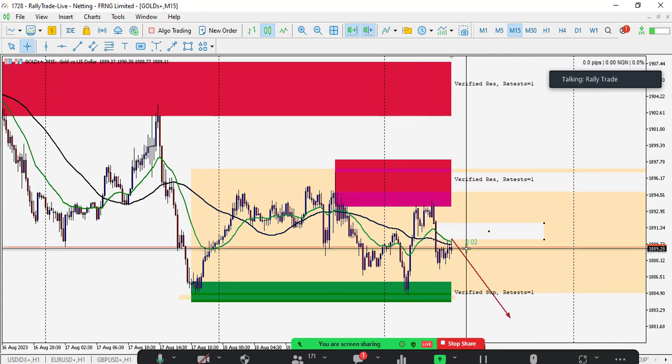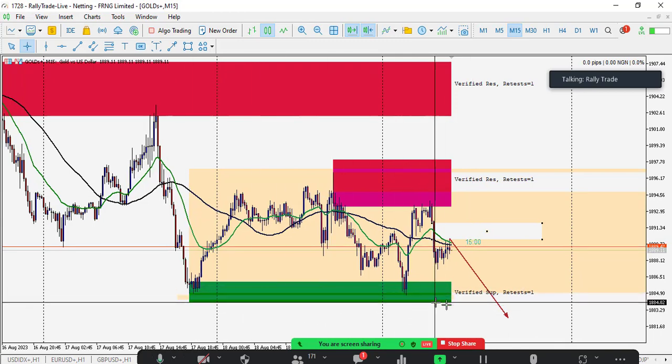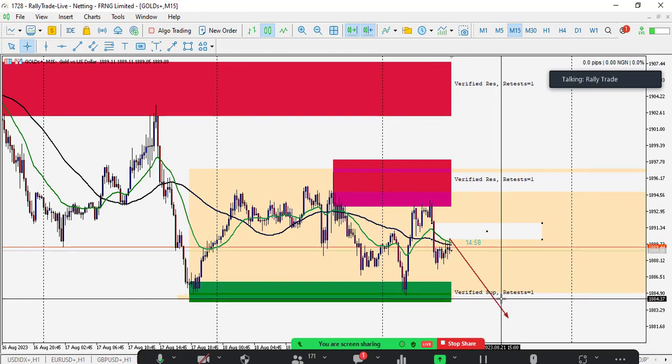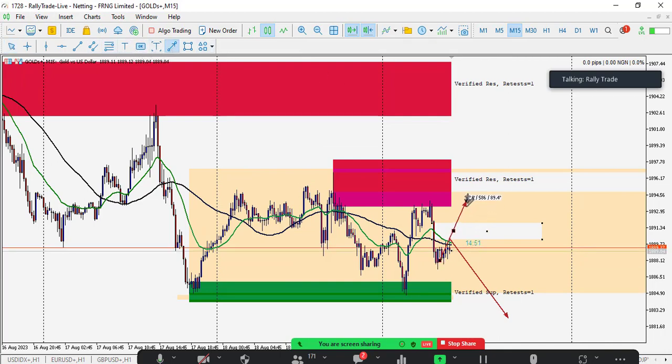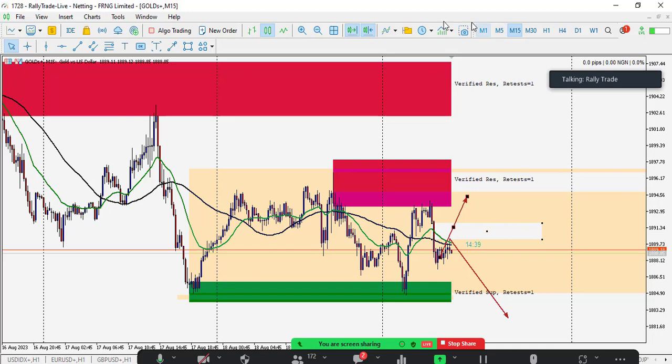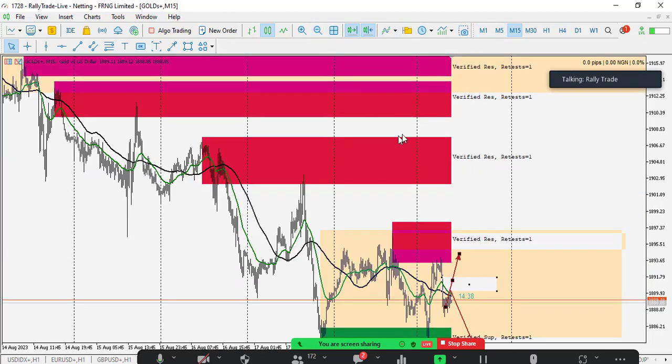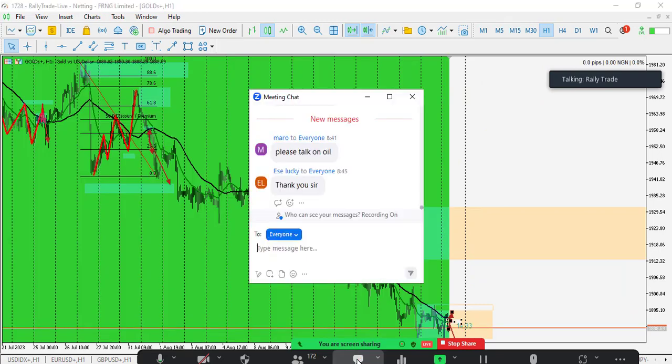Otherwise, the second method is to wait for the price to break these lows, then you start selling. The third method is, as you can see, it's a range, right? If the price trades towards this upper bound of the range, then the sell can start from there. So guys, these are the three ways you can take advantage of a directional bias of gold that is trading towards the downside. So let me look for questions.